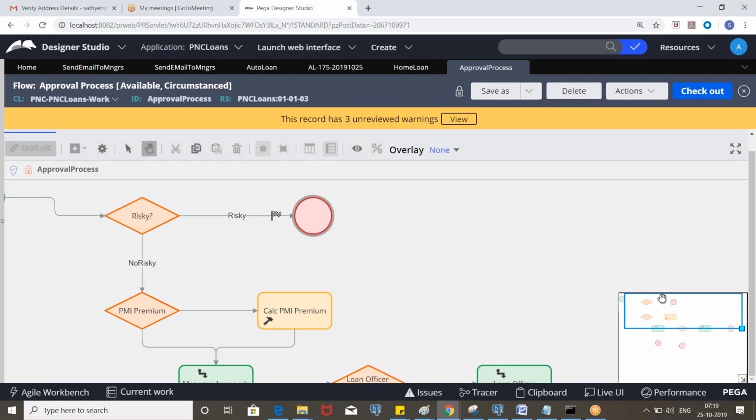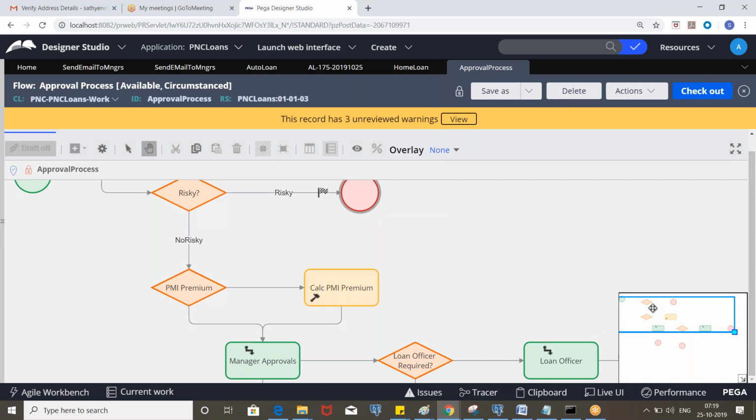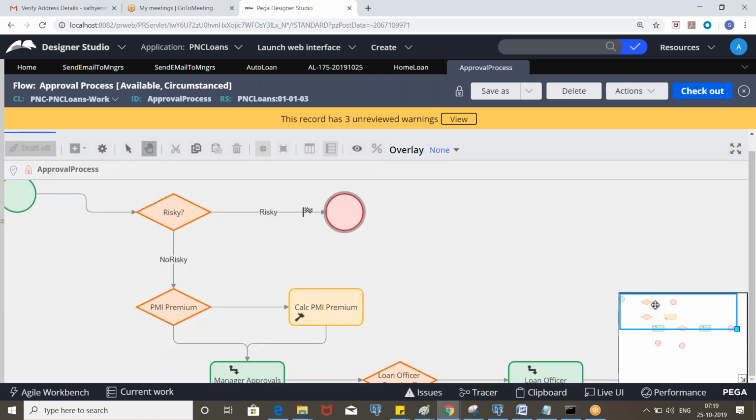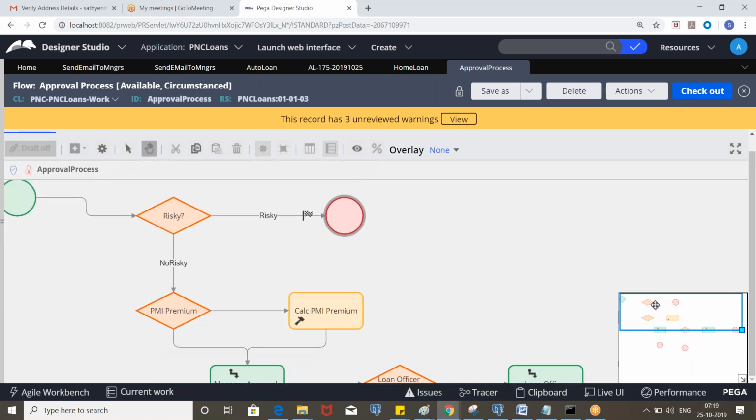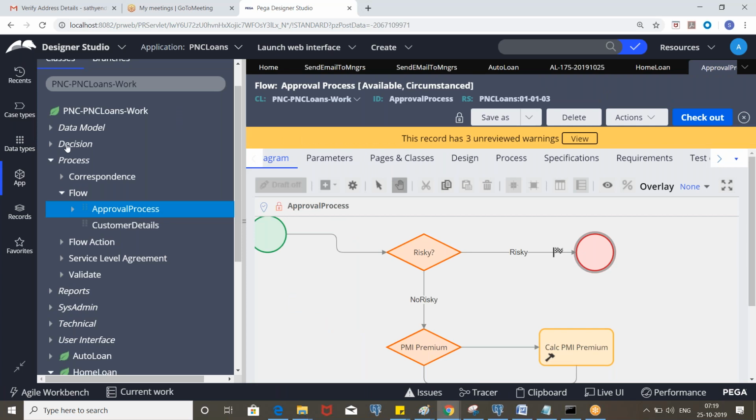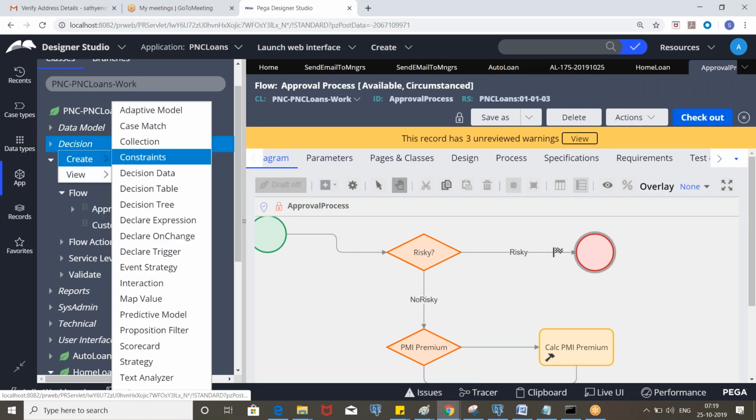But you will put the condition that if it contains resolve, not for other statuses. Let's say if it is pending manager or pending with loan officer, in that case it will not send an email. Okay, clear? So let me open the rule form of declare on change.